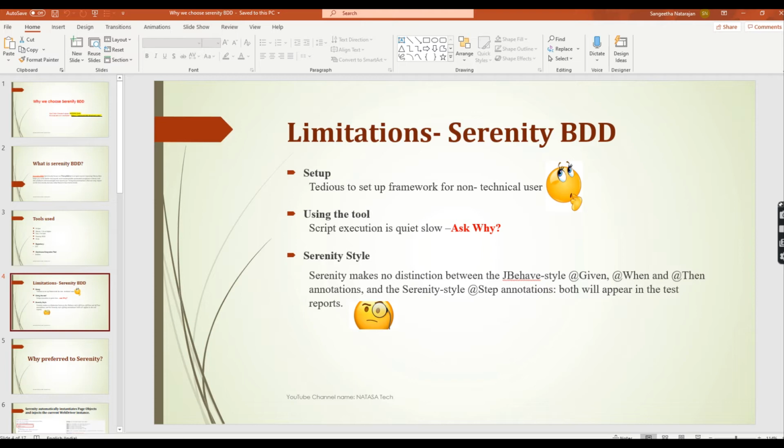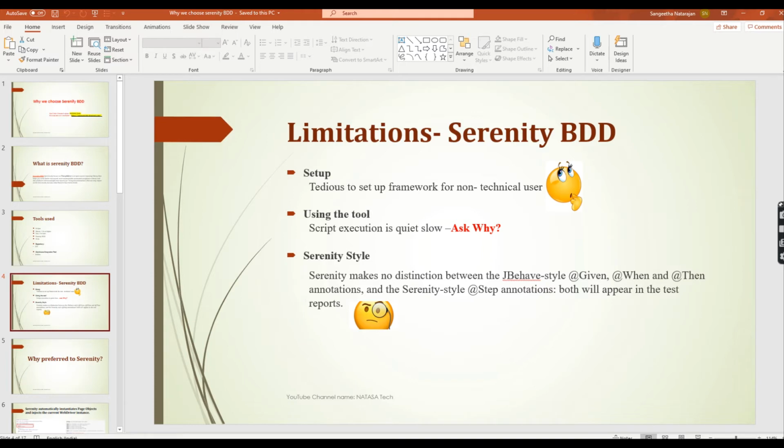Why? Because for each and every step, Serenity captures a screenshot, whether you are entering the username or not. It takes a screenshot of the application each time. So for that reason the execution is quite slow.